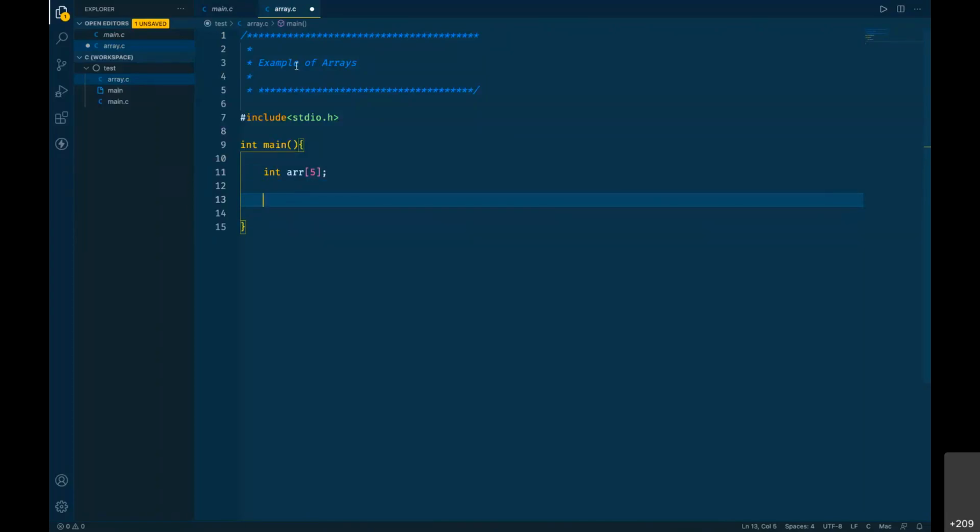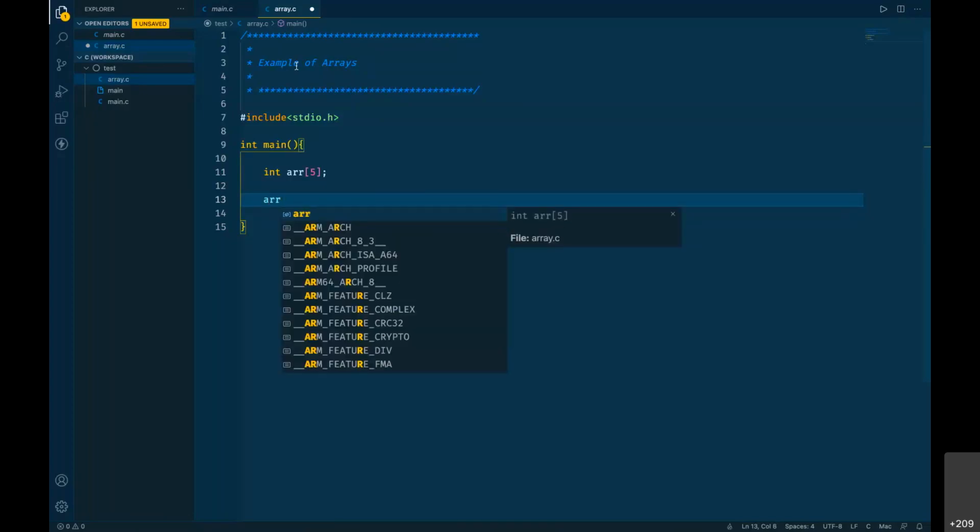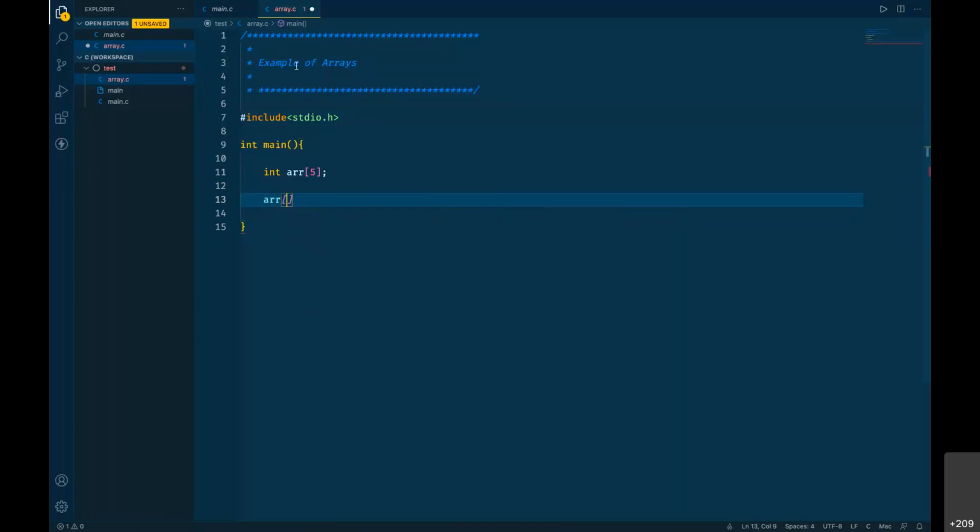Now, if you want to use those 5 elements, you use the variable name, then square brackets, and at the time of execution, these square brackets will have index values. You know that index starts from 0. So if I say ARR[0] = 1, then I'm assigning value 1, because this is the assignment operator, to the first element of my array.